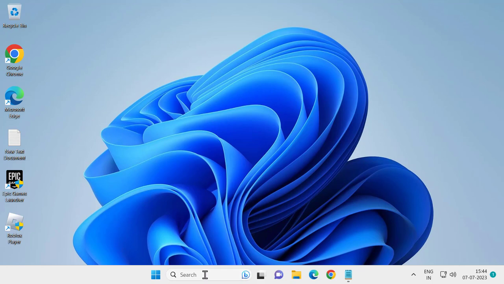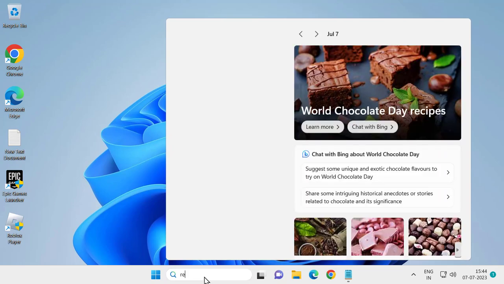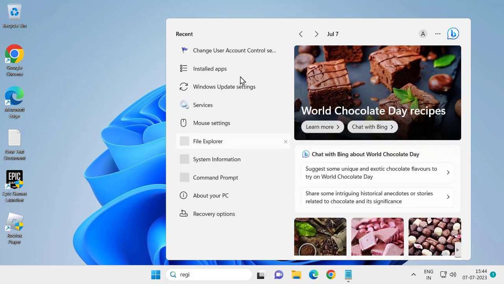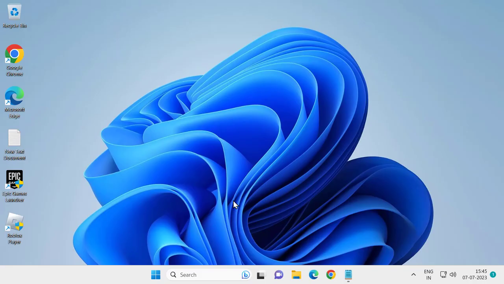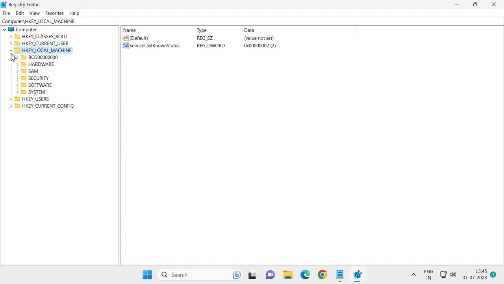For that, go to the search menu and type registry editor. Click on open. It opens up Registry Editor. Click on yes. Now in the registry you just need to go to HKEY_LOCAL_MACHINE, expand it, and expand